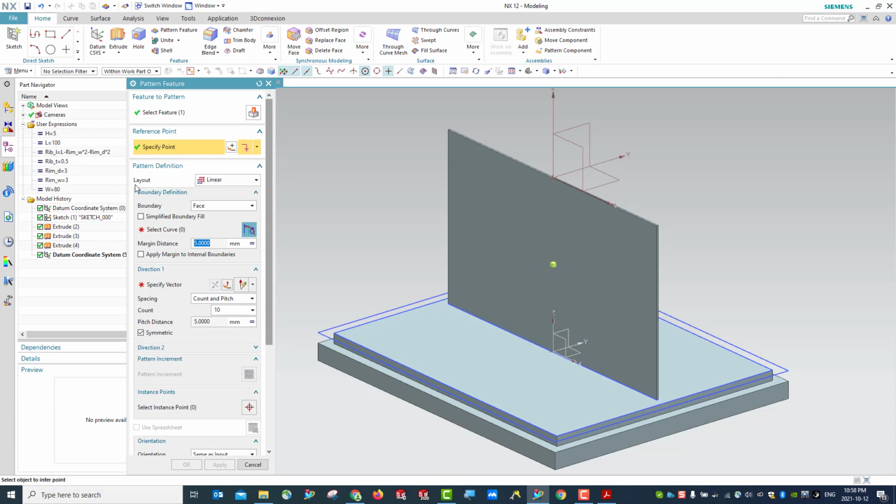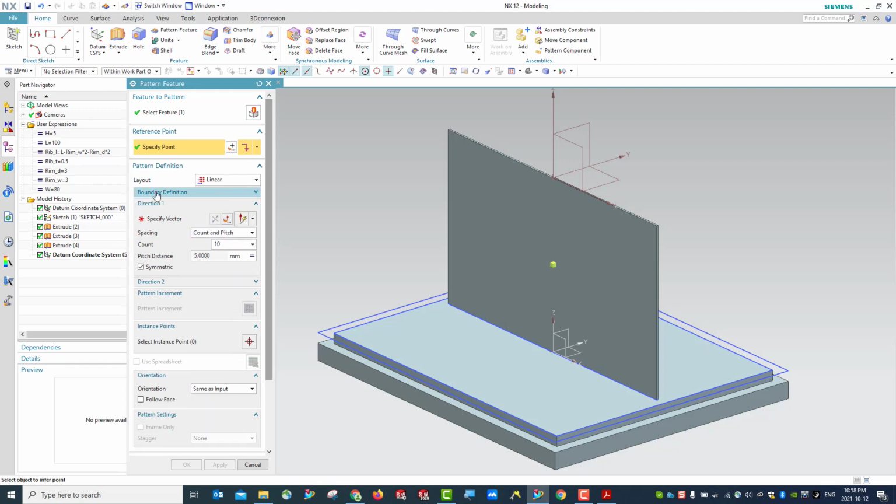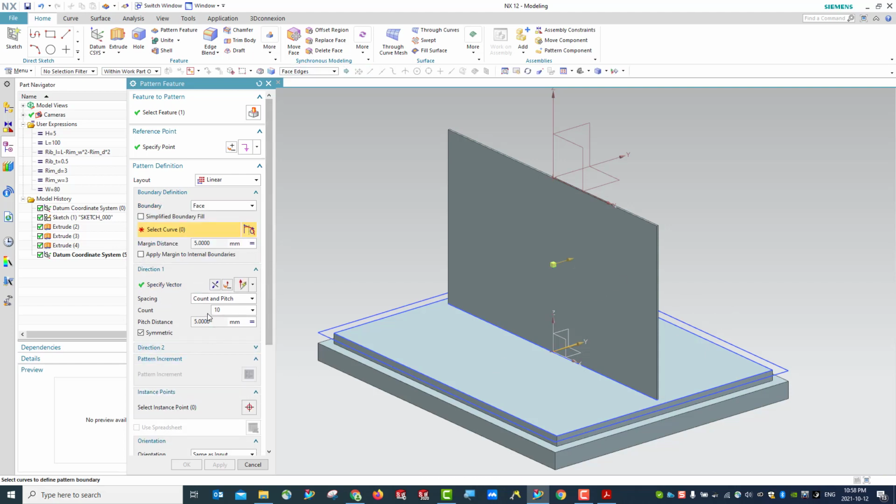Now we're going to use direction. We're going to use Y direction and count and pitch. The count will be 10